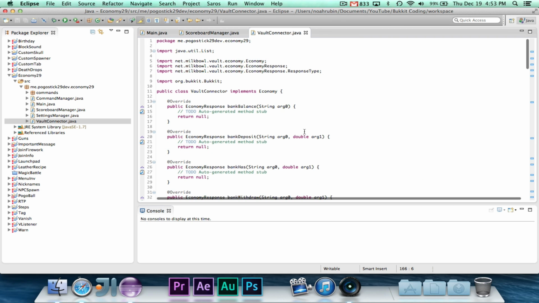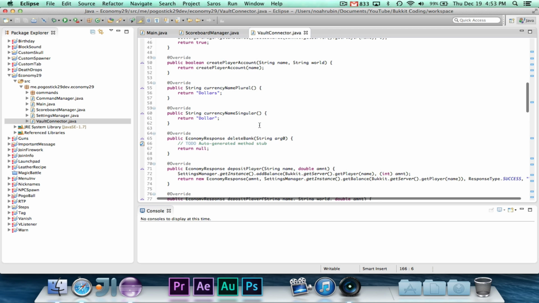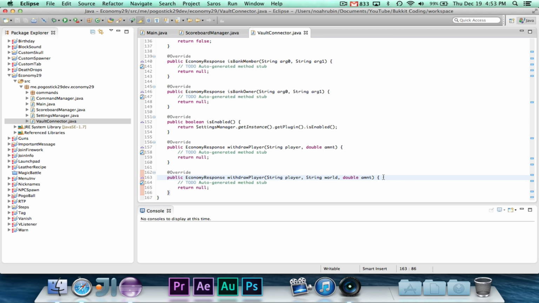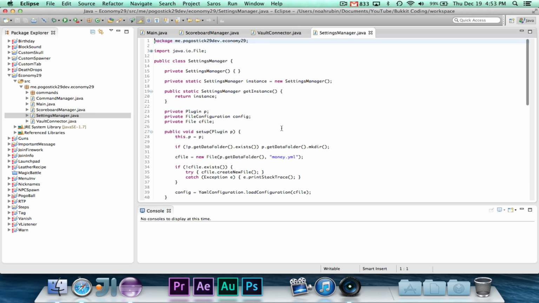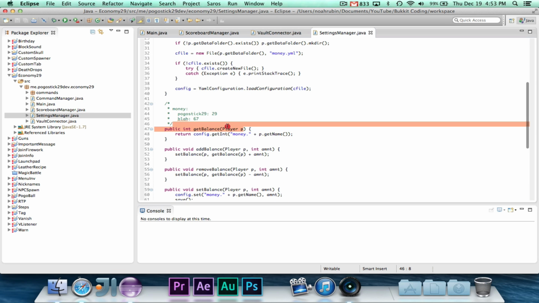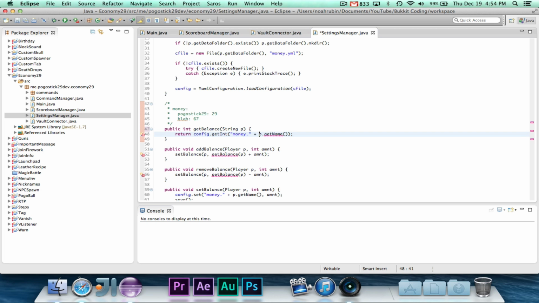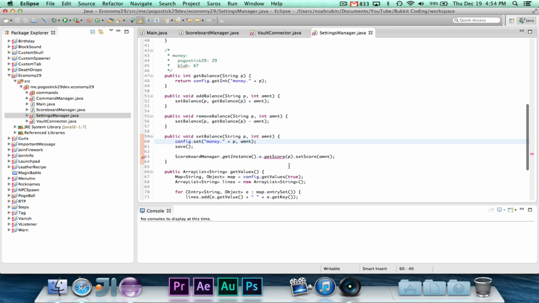Now, since we have a little bit of time, I'm actually going to take back one thing that I said. I have been using this bucket.getServer.getPlayerName name and casting my integers to doubles, but in all honesty, it would probably be better to use strings and doubles, because that's what Vault likes, and they could modify the economy settings for a player even if they're not online. So I'm just going to quickly do that. You can skip forward if you're not interested. Basically I'm just going through and string p, and then string p, and then string p, because you don't need to give it a player, you can just give it a string.